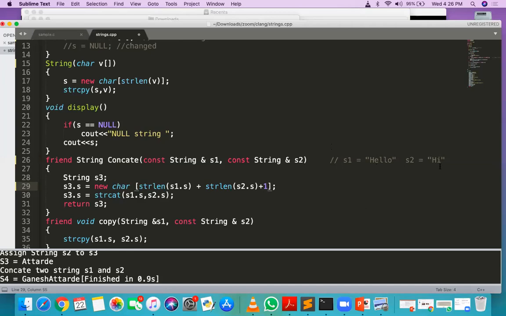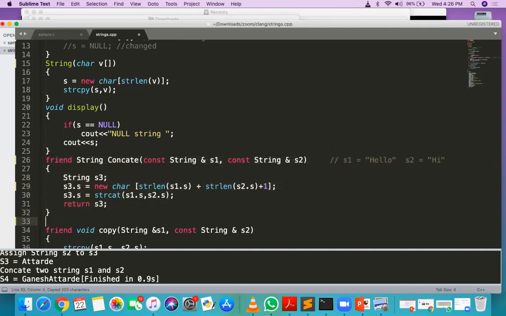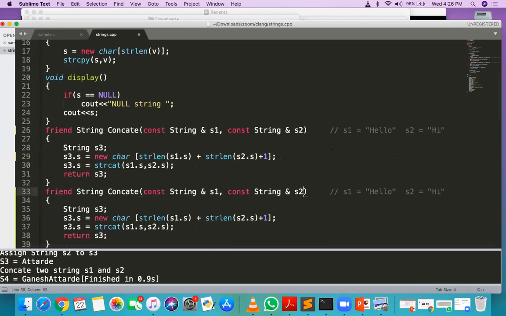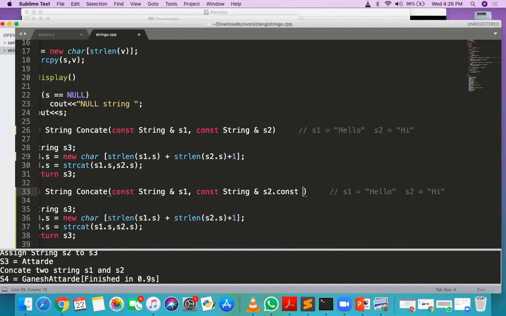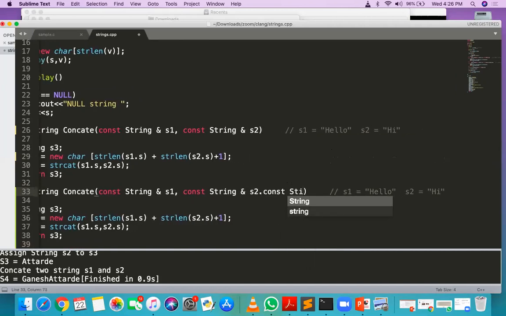Imagine if there are 3 words, like three strings S1, S2 and S3. I want to concatenate 3 strings and I want a space in between. After the first string and after the second string, I need a space. For that, you need to rewrite the same function again, and the third string you need to handle here. But where should we add that +1? You just tell me, sir.